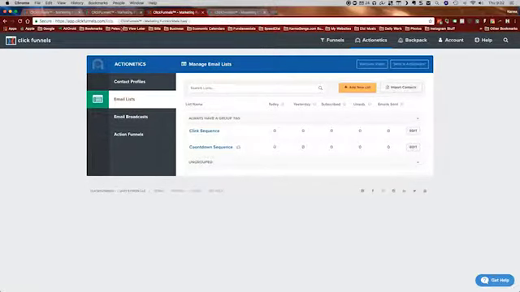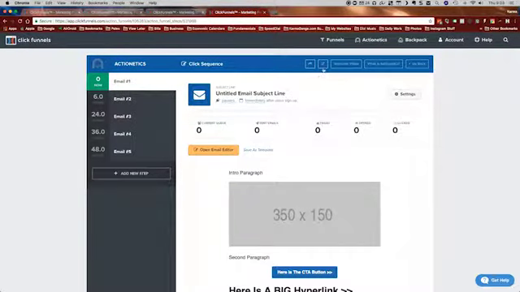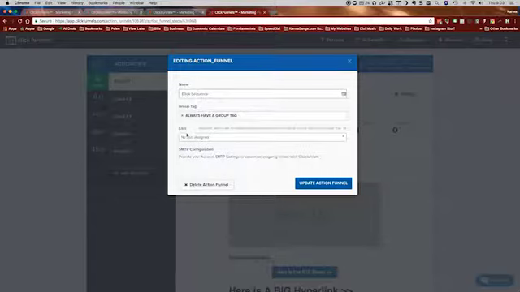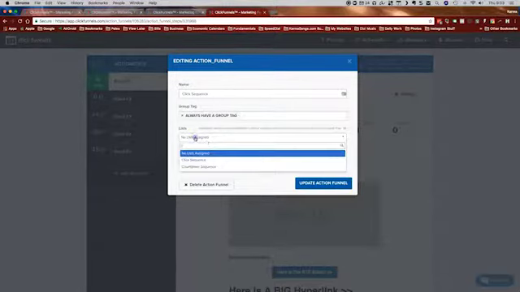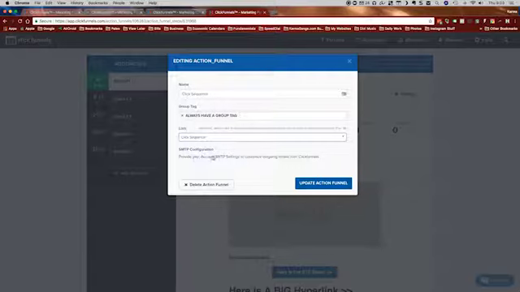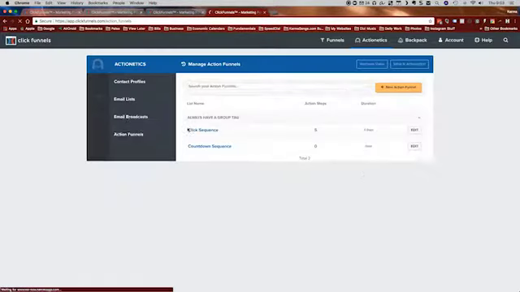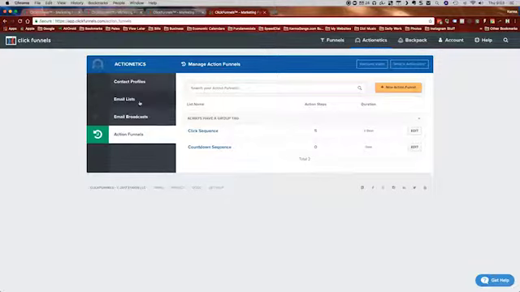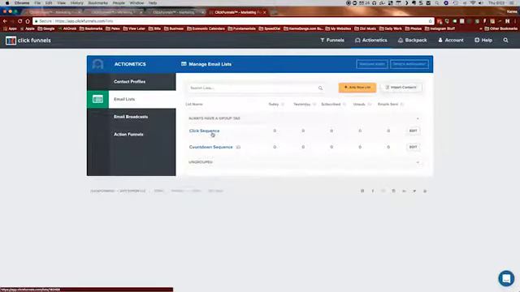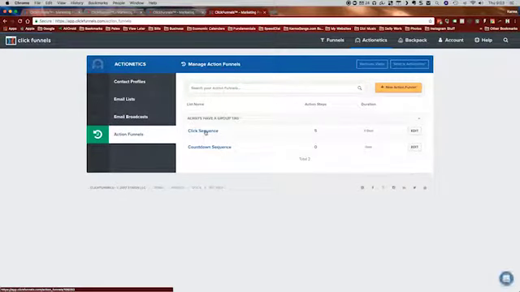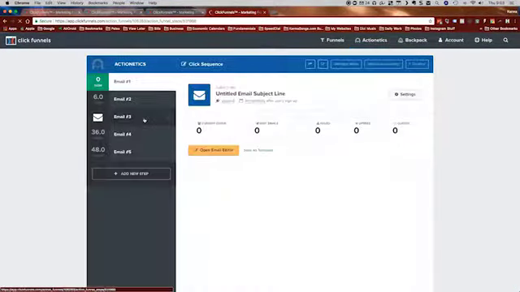All right, so now we need our action funnels to link to these particular email lists. Here we are inside our click sequence, and when we set this up originally, we want to click on the list that we want. This one is going to be our click sequence. So now anybody that comes into our email list here, click sequence, is going to be going into this particular action funnel, which has these emails,